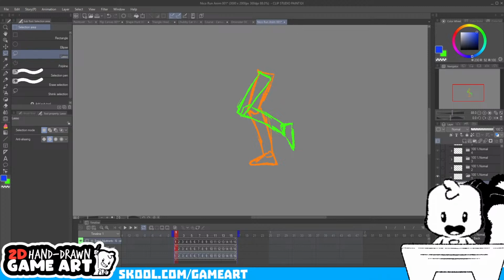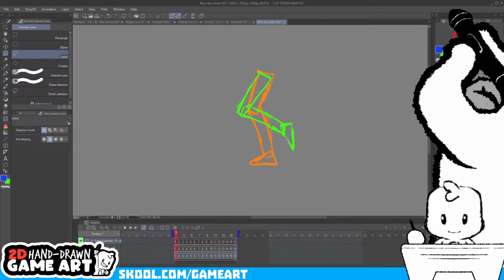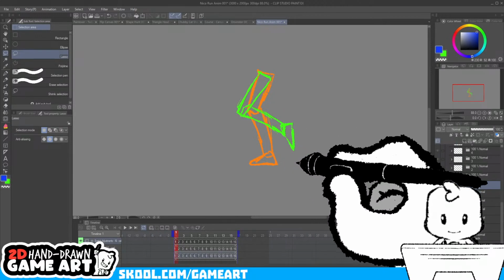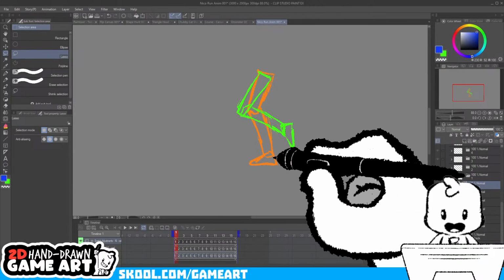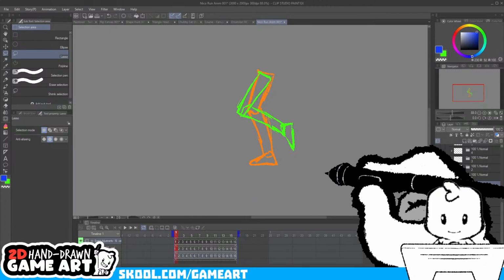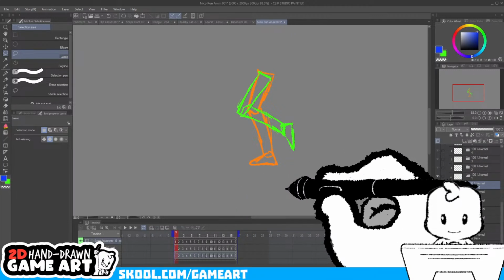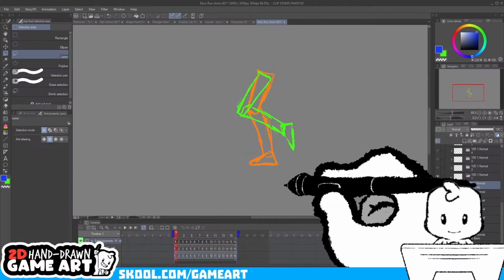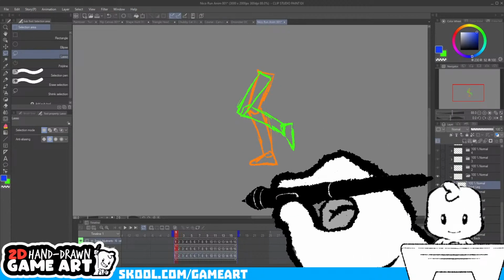And I might do one leg at a time just to make things simpler to follow along with. If I do both legs at once, it might get a little confusing, so we're going to do one leg at a time. And we might as well start with the orange leg, the back leg. Let's give that a go.